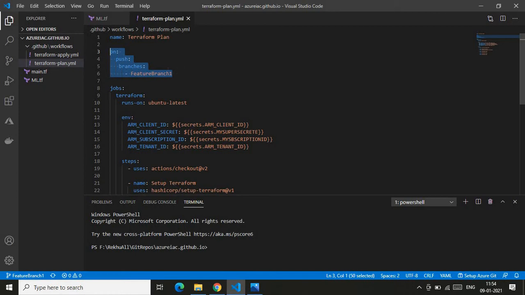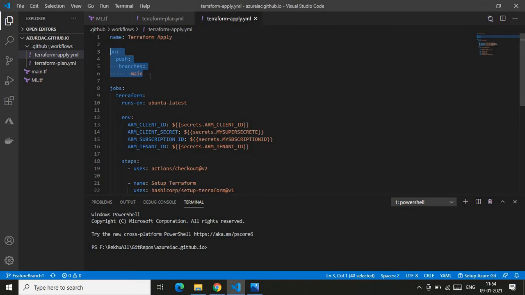After that I have one more file with the name terraform apply.yaml, which is the file for the Terraform actions, targeted to the main branch. Since it's targeted to the main branch, which is nothing but the production branch, it gets invoked whenever I make a merge from my future branch to the main branch via pull request merge.